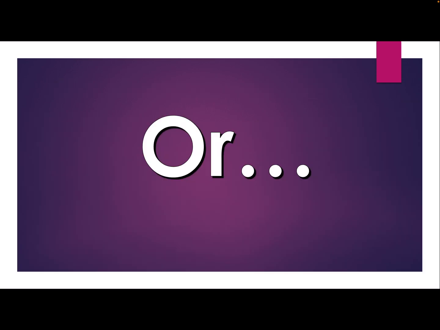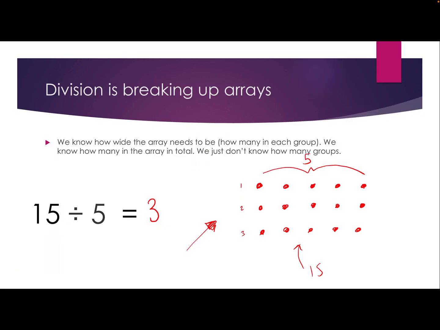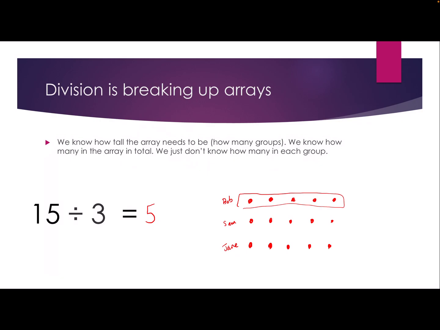So if I go backwards, this one, I knew how many was in each group. I didn't know how many groups I was going to have. This one, I know how many groups I'm going to have, but I don't know how many are in each group. So I can have another times table fact. So let's have